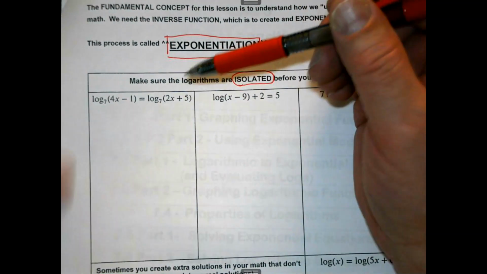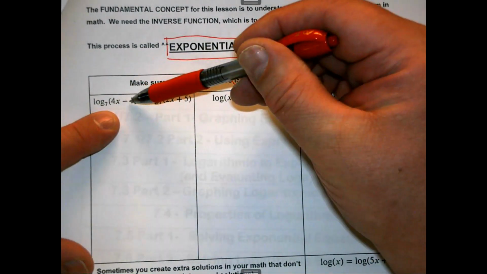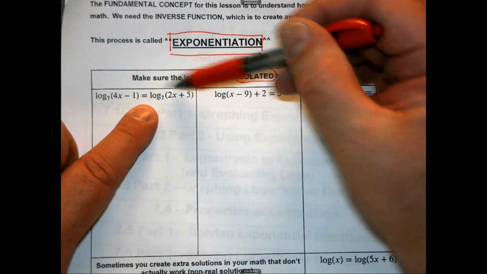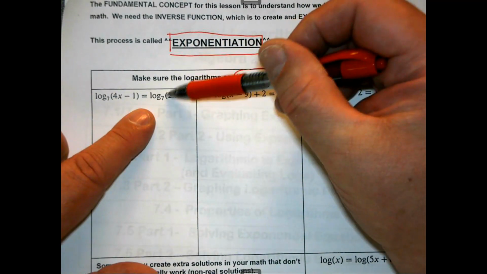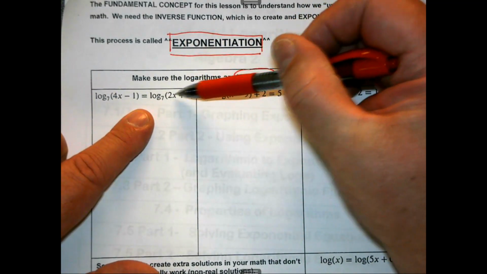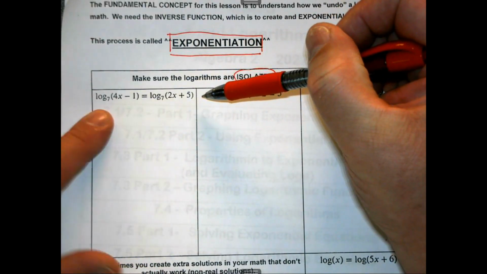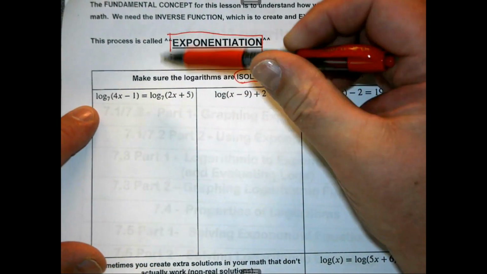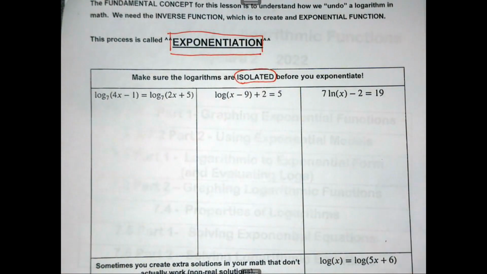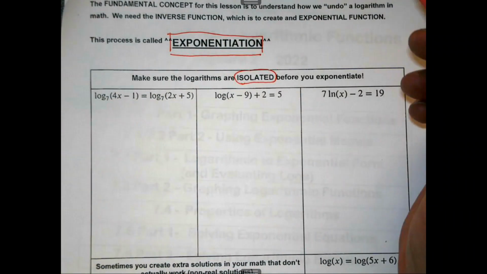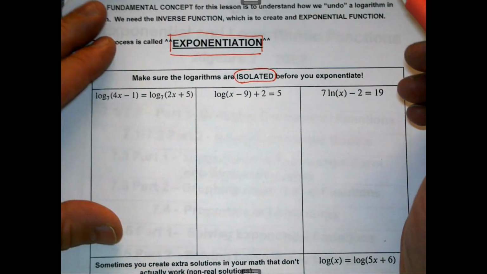Okay, so looking at the first example here, I have log base 7 of 4x minus 1 equals log base 7 of 2x plus 5. Now notice that these numbers are in parentheses, so they're quantities, right? So we do, in fact, have the log terms isolated on both sides. So we have to get rid of those log base 7s, right? So we're going to use this